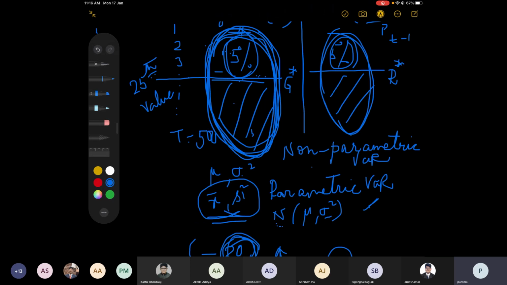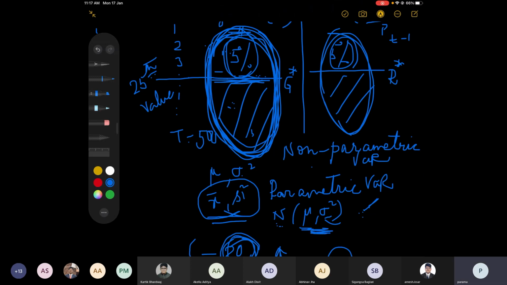So this 25th value from the top actually does not take into account the entire data set, whereas the distribution will take into account all the information that is there in the data set, the variance in the data set, all the values in the data set and all that. In fact, some people also try to find the distribution with the skewness and kurtosis and all that. We won't get into all the details, but